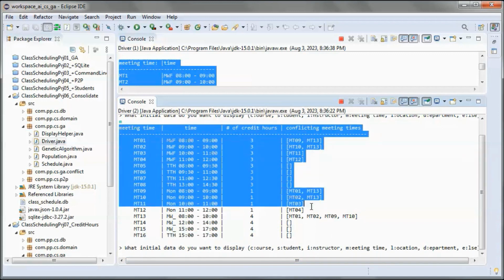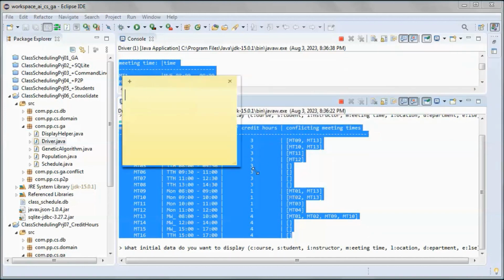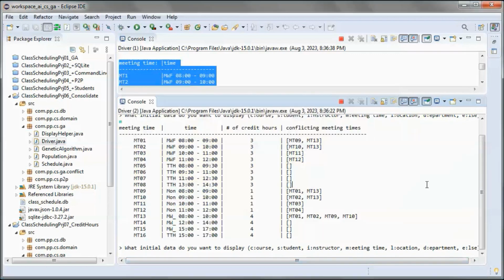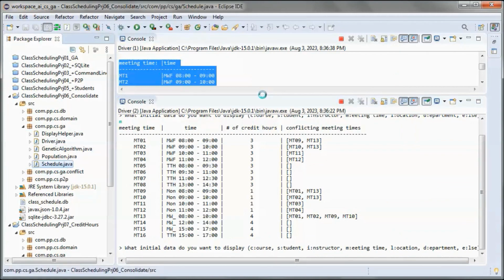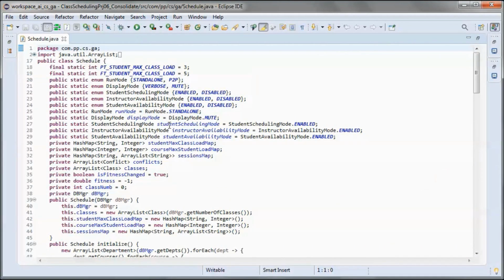And I want to copy this and keep it, since we will use it shortly. And here we were looking at part-time student max class load, so 3 classes, or 5 classes for full-time students.